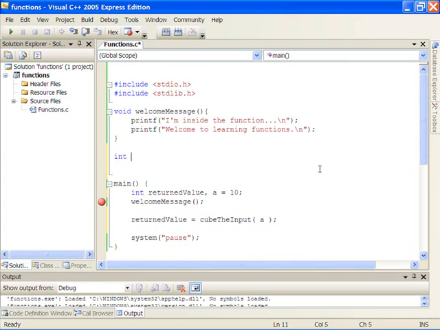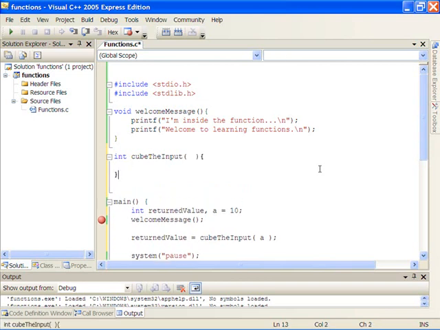Now the name of the function is cube, the input, and now we're going to define the parameter list. The parameters to the function are what gets passed in, so the parameter list needs a data type as well. So I'm going to say this function is expecting the user or the caller to give it an int,